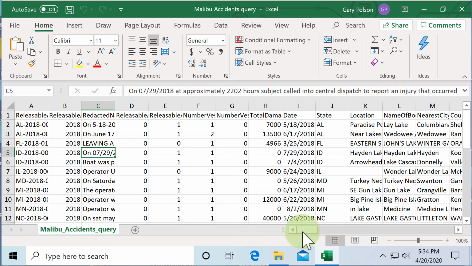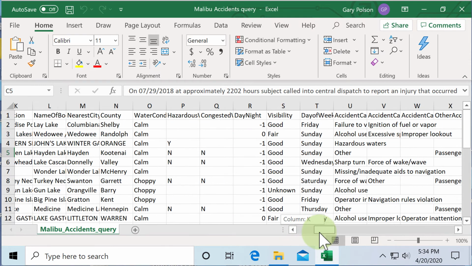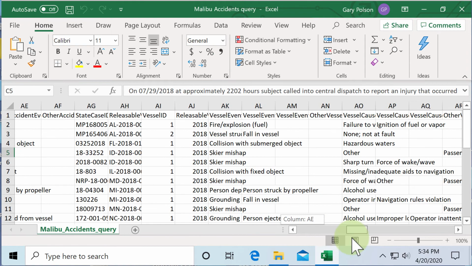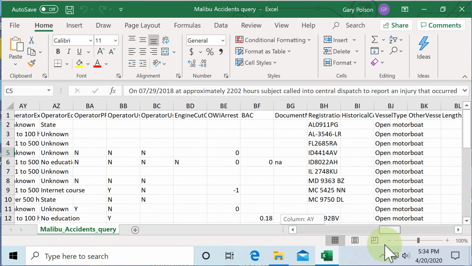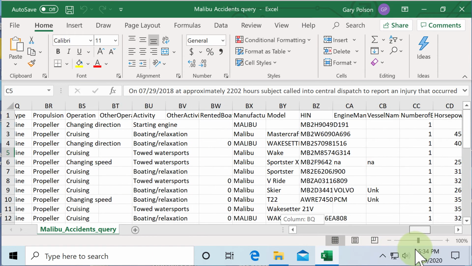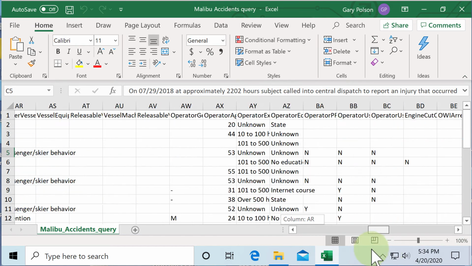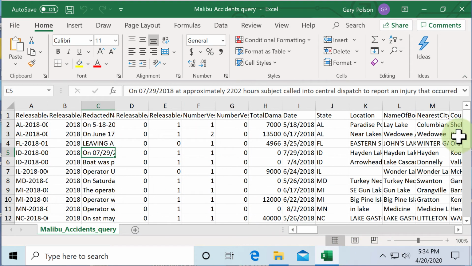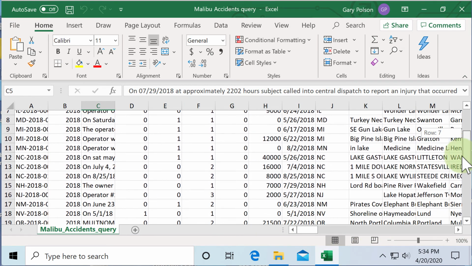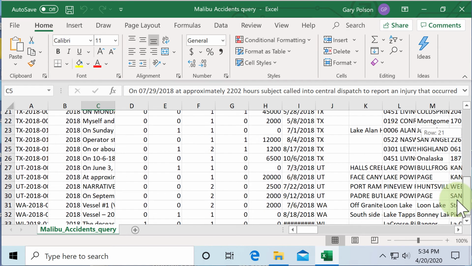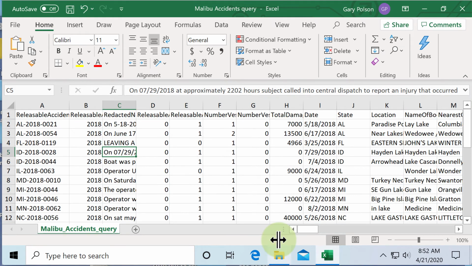Browse around the spreadsheet a minute just to make sure it looks like it's all there. Make sure it looks like your query. It looks like it's all here. Now we're going to remove the 3 accidents from the query that do not belong there: the Axis boat and the 2 paddle craft. We pull to the right